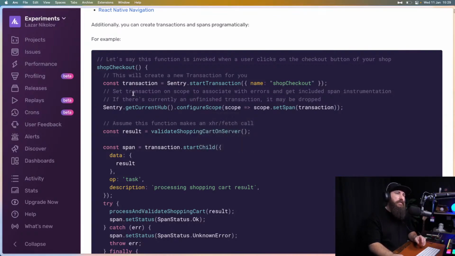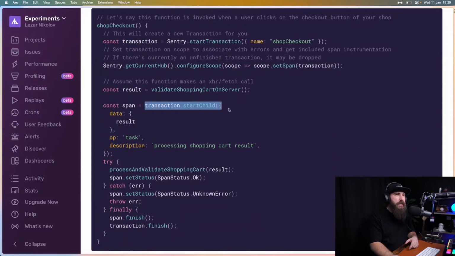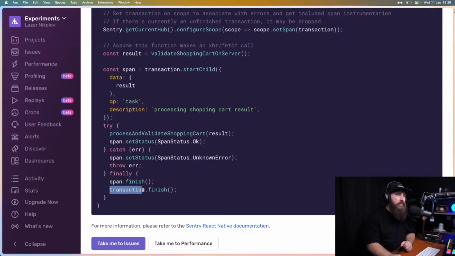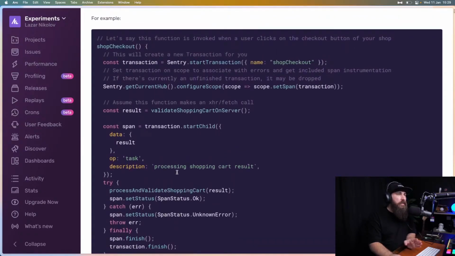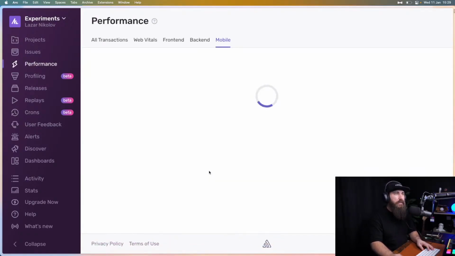you can do that. So Sentry works on top of transactions. A transaction is a concept that carries all of the performance metrics. When we start a transaction, it starts measuring, and we can add any child spans that we want. Then at the end, we call transaction.finish, and that sends all of the performance metrics into our Sentry dashboard so we can check it out. For now, we're not going to be doing this. I just want to go to the performance tab